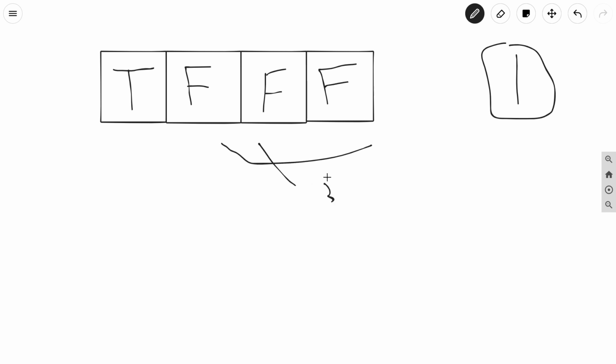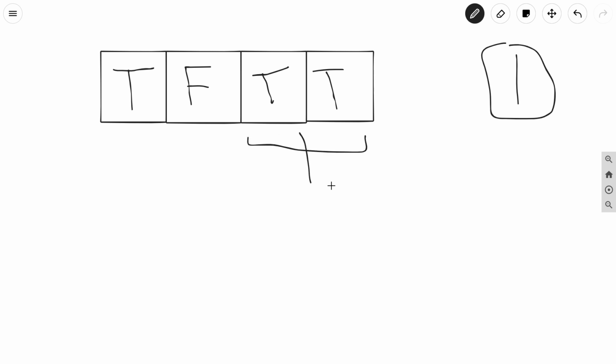Or else we can replace this F and change the value of F to T. So you can see that in this case the maximum number of consecutive T or F is 2.